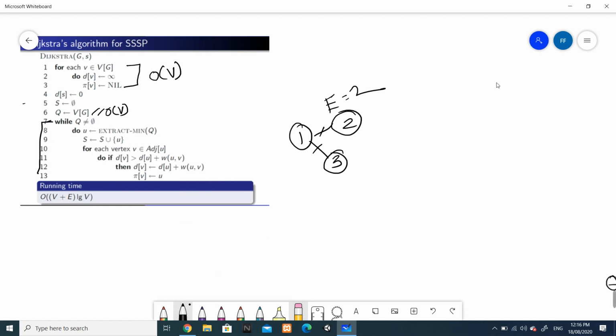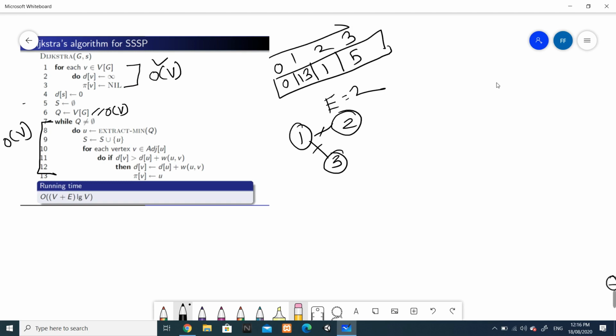Here in the while loop, the complexity will be the same. The running of the loop for each vertex, turning the distance to infinity and the parent to null, will be order of V, and enqueuing all the vertices will be order of V. In the while loop, it will also run order of V times because it will run for all the nodes. In the extract min, if we are using an array-like data structure with some values, 0 1 2 and 3, we have to run a for loop from 0 to 3 and identify the smallest distance.